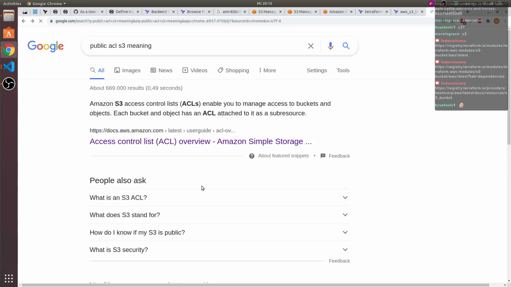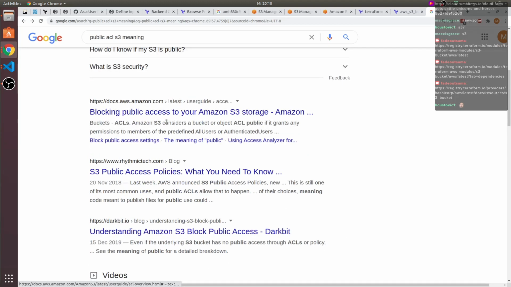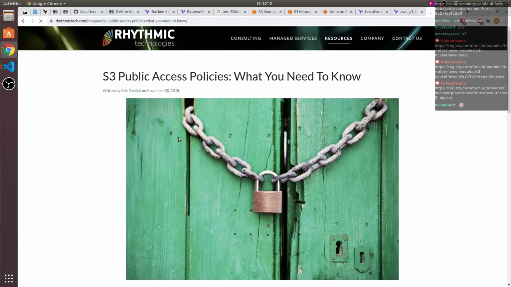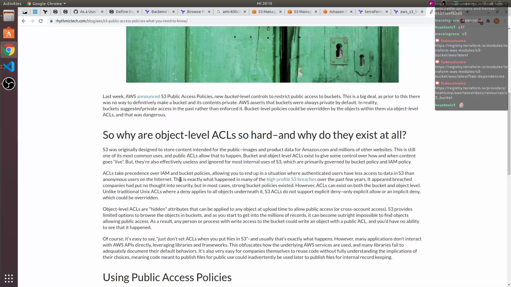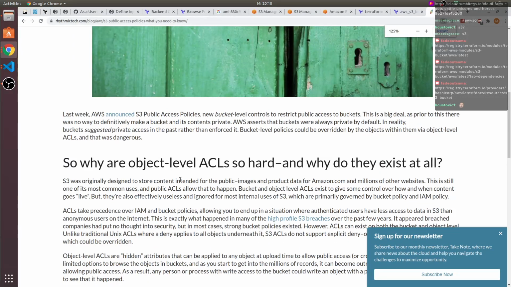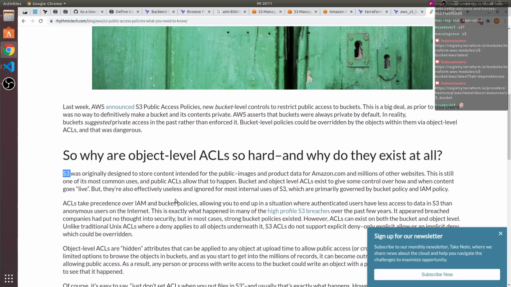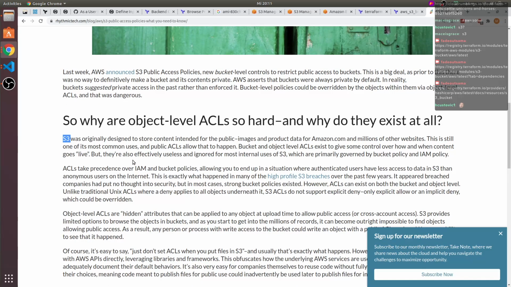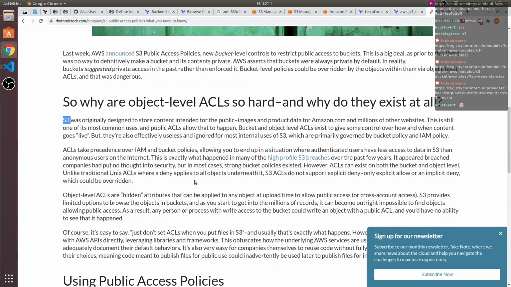What does it mean? What do I need to know? Yeah. Oh man, this is not better. Let's see. It was originally designed to be public, so S3 in general. It is still public in a lot of cases.